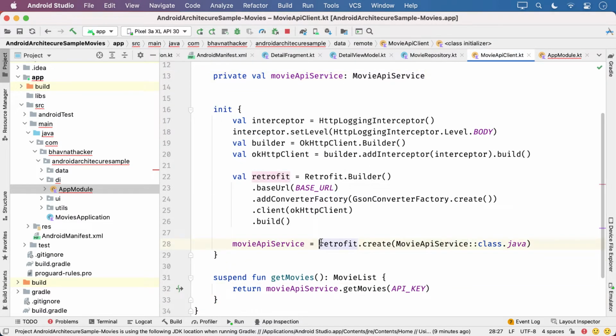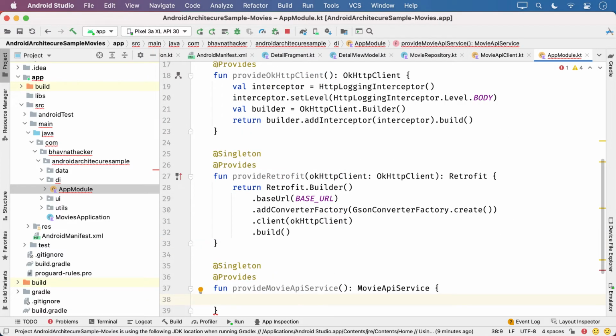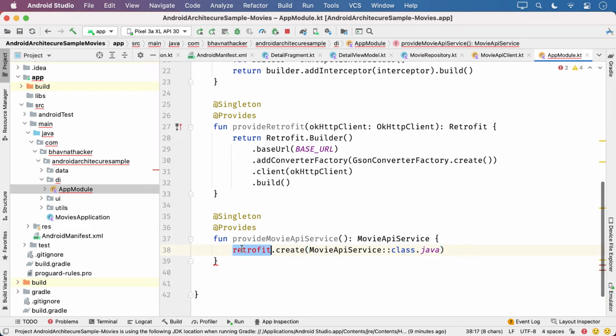How do we provide it? retrofit.create, but where will the retrofit come from?